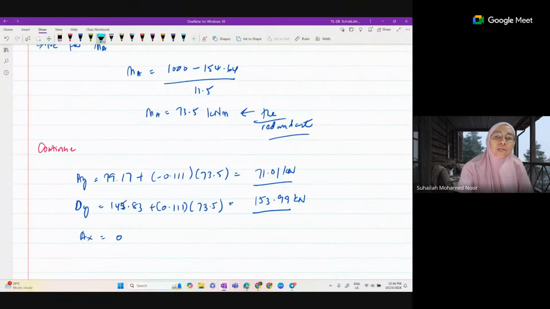Okay, so for reaction at A, moment at A, AY, AX, and DY. And actually having all this, we can check for